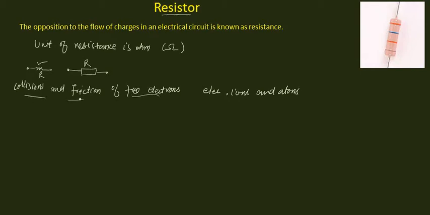Due to this collision and friction, electrical energy is converted into heat, which raises the temperature of electrical components as well as the surroundings. The electrical heater is a simple example of resistance. The heat which you feel from the electrical heater is due to the current which passes through a high resistive